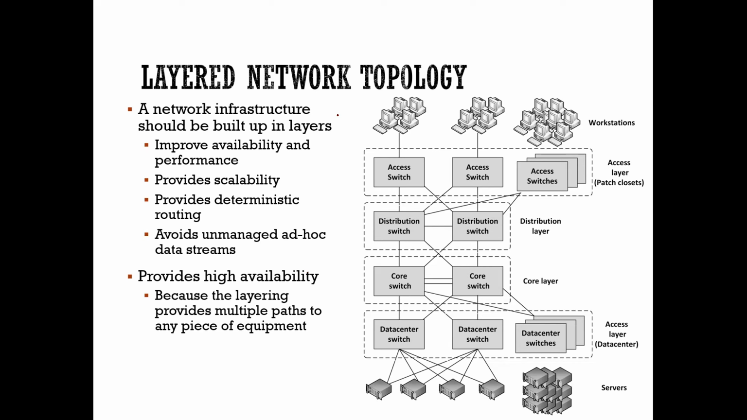So a network infrastructure should be built in layers. لابد انك تقسمها على layers. Workstations, access layer, distribution layer, core layer, access layer or data center, and then servers. Why? To improve the availability and performance, provide scalability, provide deterministic routing, avoid unmanaged ad hoc data streams, provide high availability because the layering provides multiple paths to any